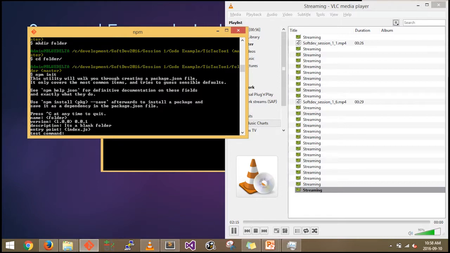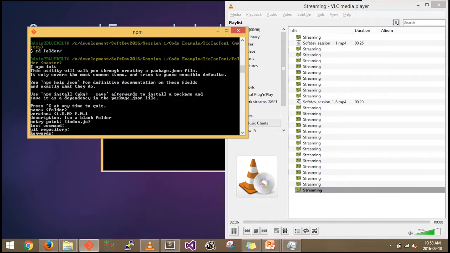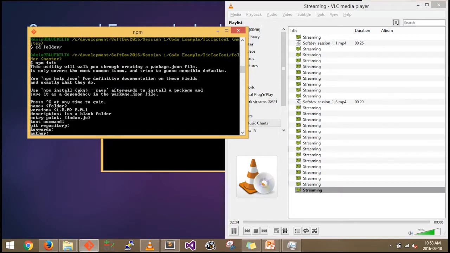The Git repository, again, we'll leave it blank, but this would be the remote Git repository where your code is located. Keywords, these are keywords to help search on the Node Package Manager's repository website, npmjs.com. Author, who is the author of this repository of code, or this package, and the license we would like to use,